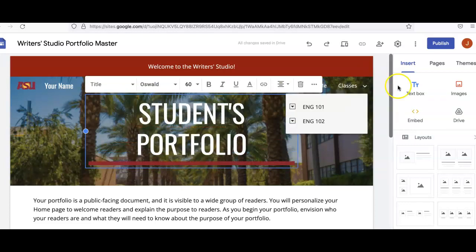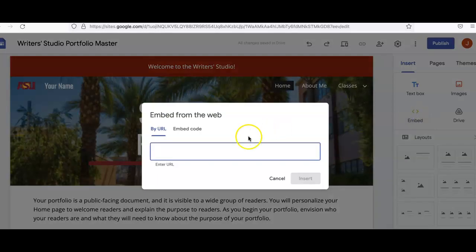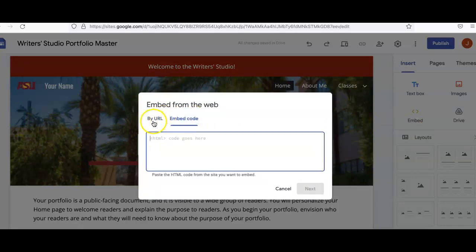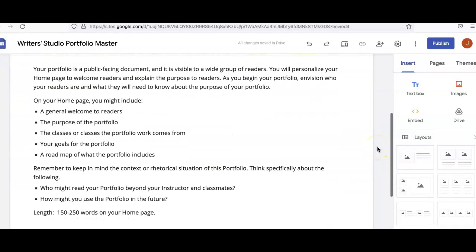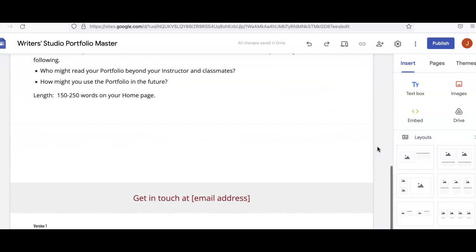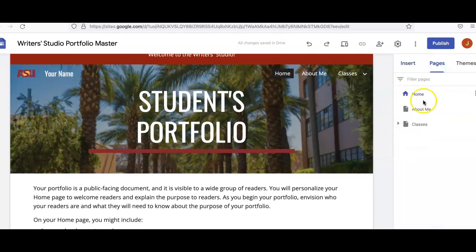Obviously, use your own name. You can embed a number of different things, images, using embed codes, video. You can use embed codes through YouTube or other sites. There's different layouts you can choose. I'd recommend sticking with the regular layout because you don't have to modify anything. But you can change the background photos. You can insert different pages and themes. You can make sure to